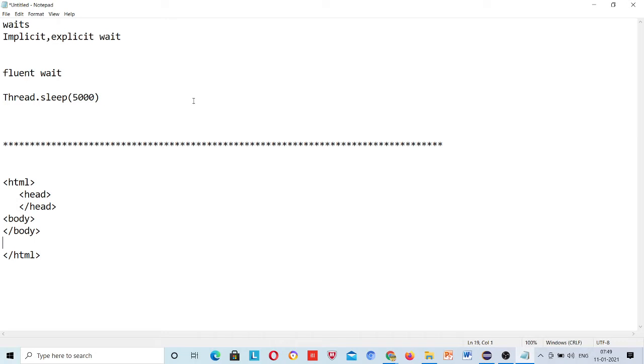Suppose inside this body you have some tags like div id equal to A, and that div close. Another div, let me close it properly.